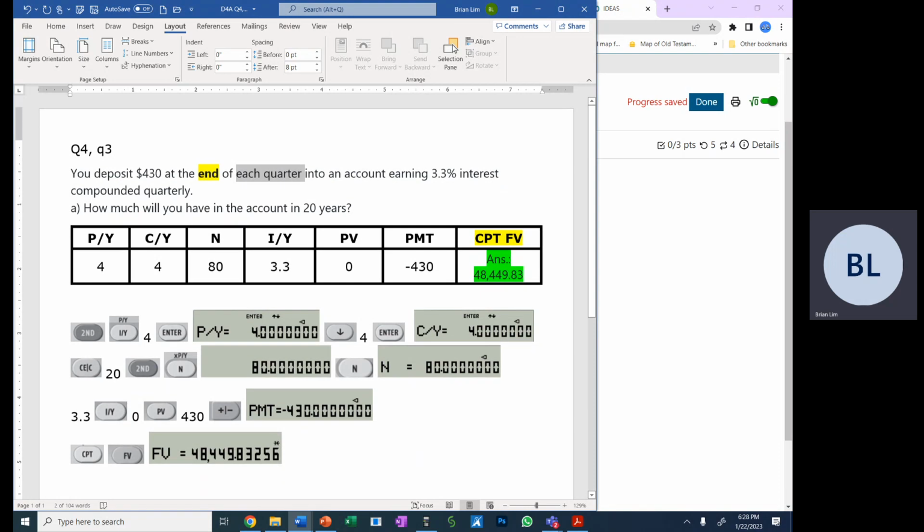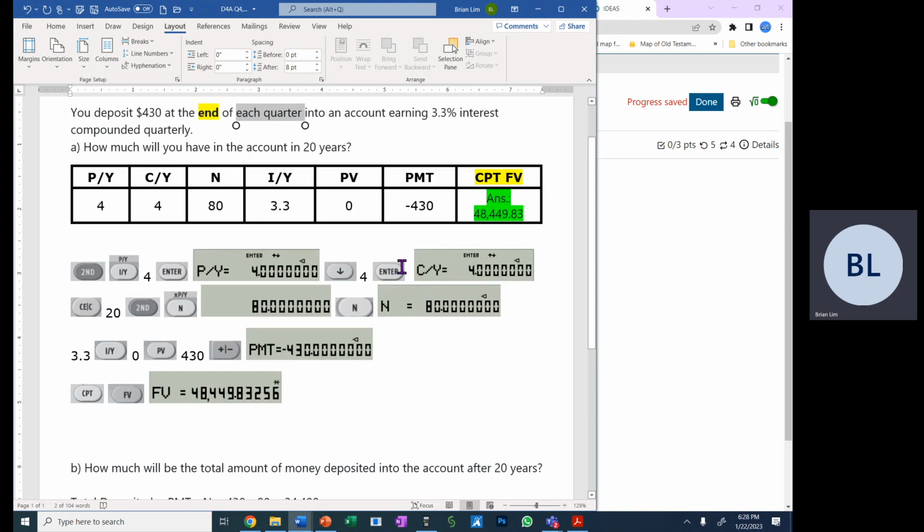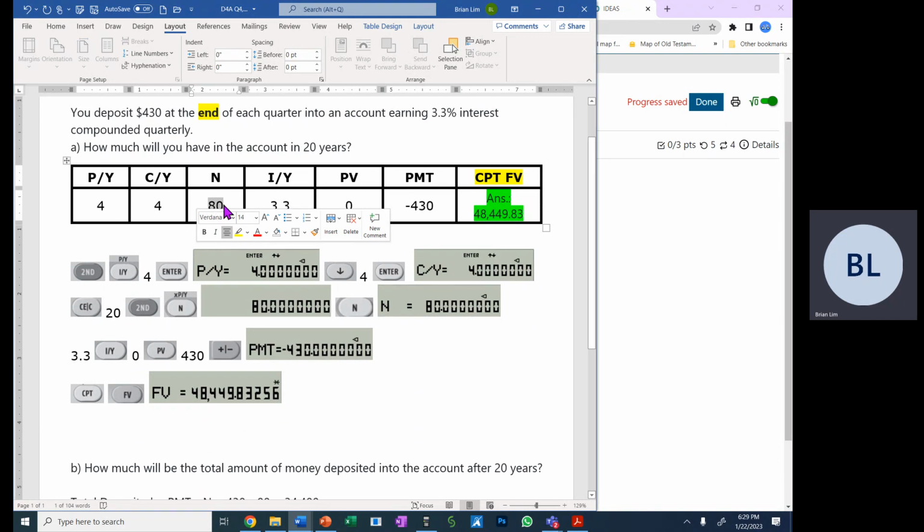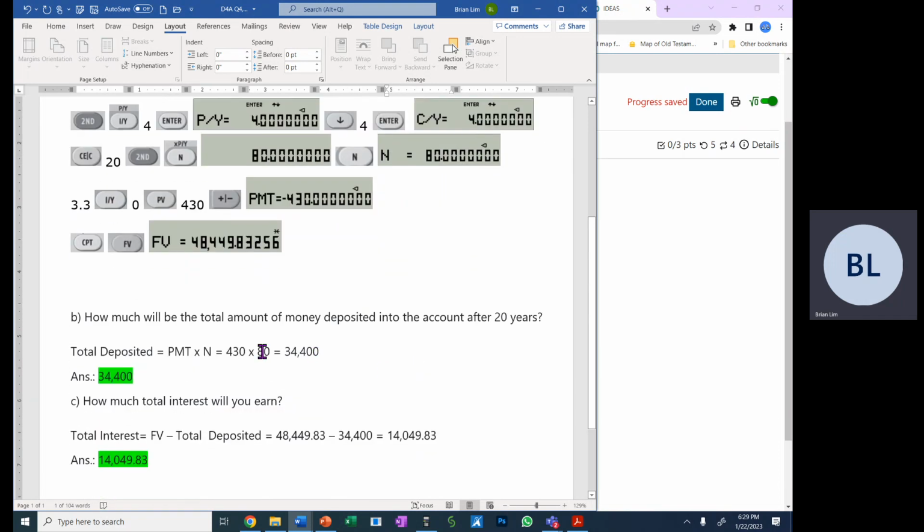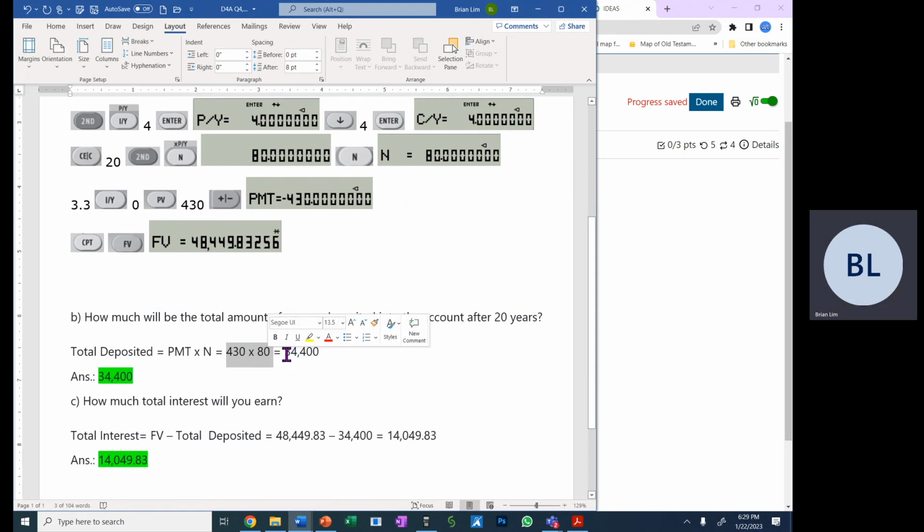Or we could just multiply by this value for N, to make it easier. So that is the total number of payments that are made. This is the amount of each payment. So if we take those two numbers and multiply them, notice we just use a positive value for the payment, multiply by 80, we'll get this number